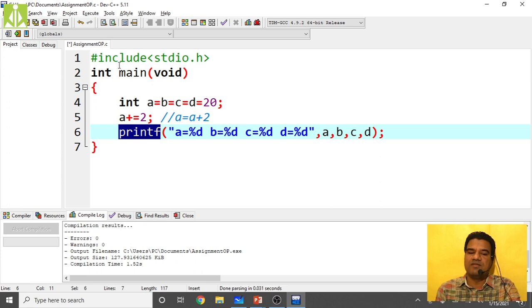That is the reason we include this header file into our program. When the compiler reads our program and sees the predefined function printf or keywords like int, it will look for the code inside these header files. As the meaning of printf is available inside stdio.h, your compiler will act accordingly.